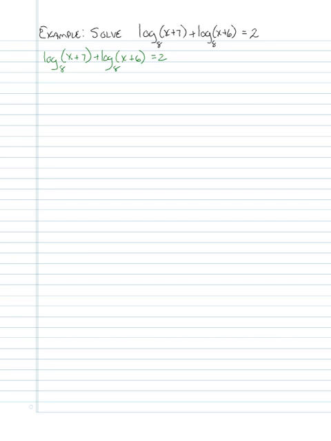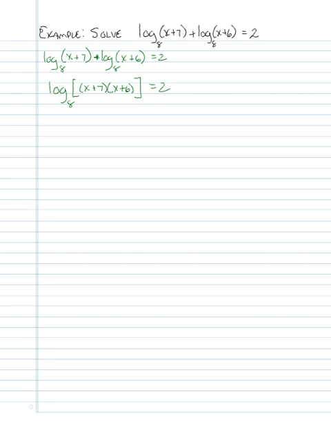So we're going to bring those two logarithms together, aren't we? Create a single logarithm, and then we'll convert. And so what we do is we multiply together the two arguments, don't we? Of course, this is base 8, and it's equal to 2. Now,